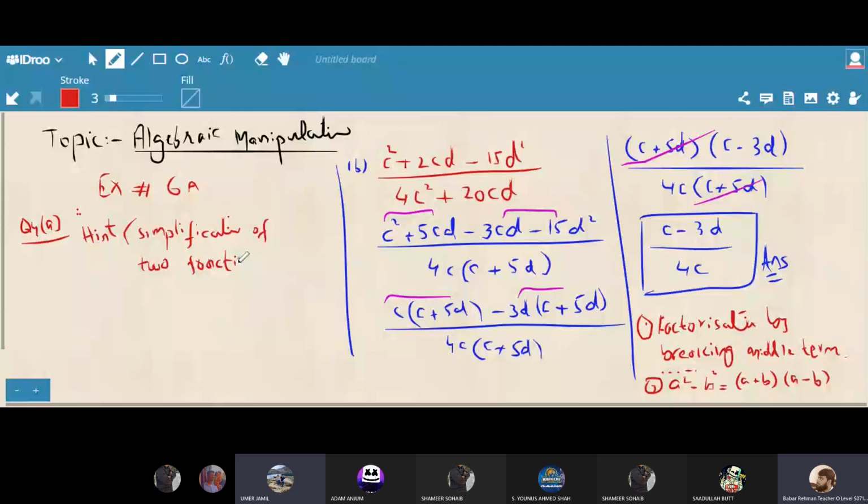Simplification of two fractions. Okay, students, I am giving you one example. How can we simplify two fractions? Later on, we will be applying our identities over here. For instance, students, I give you x square y upon 3x multiplied by 3x y square upon